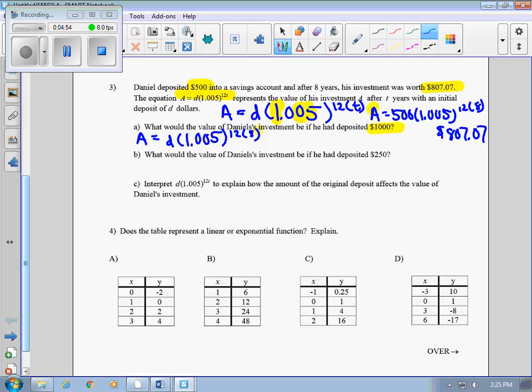Our D is no longer 500, it's now 1,000. So 1,000 times 1.005 to the 96th power, because that's the 12 times the 8. If you put that in your calculator,